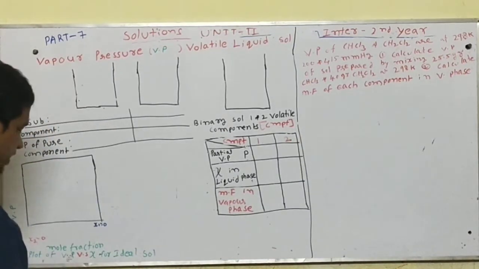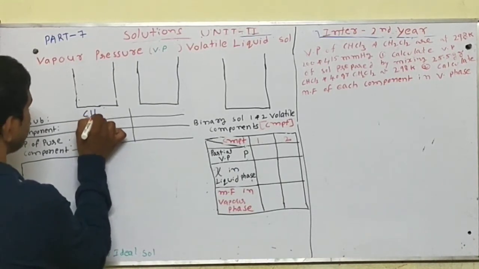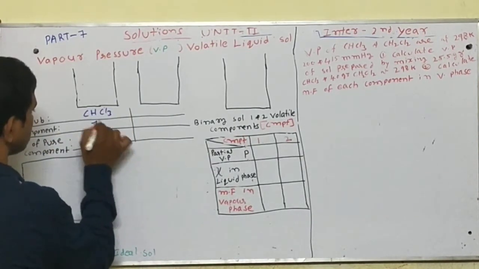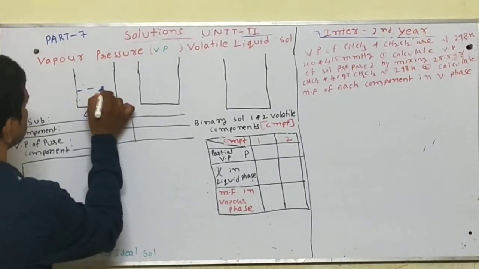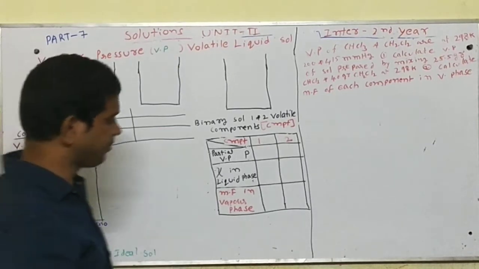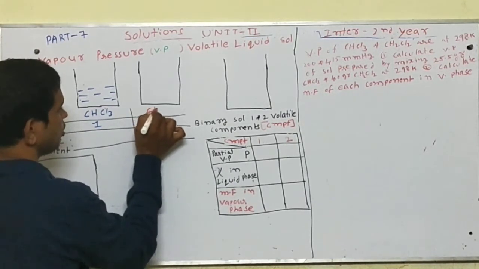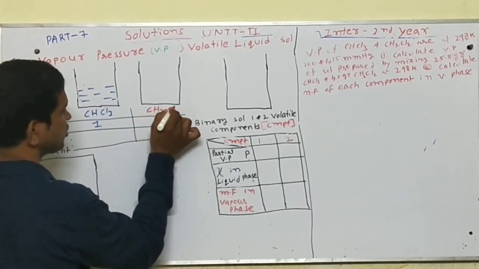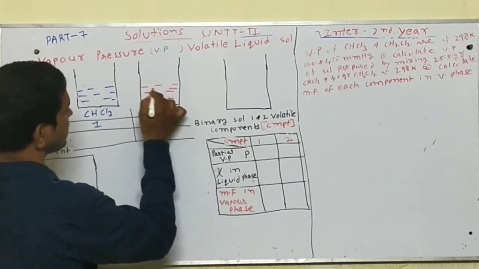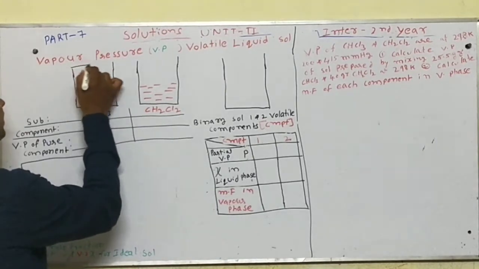First I take two beakers. In the first beaker I am adding chloroform, that is CHCl3, and I am numbering it as component 1. In the second beaker I am adding dichloromethane, that is CH2Cl2. Now I am closing these beakers